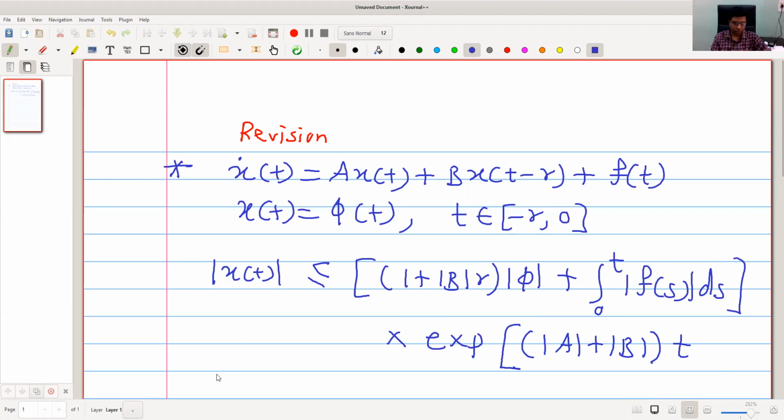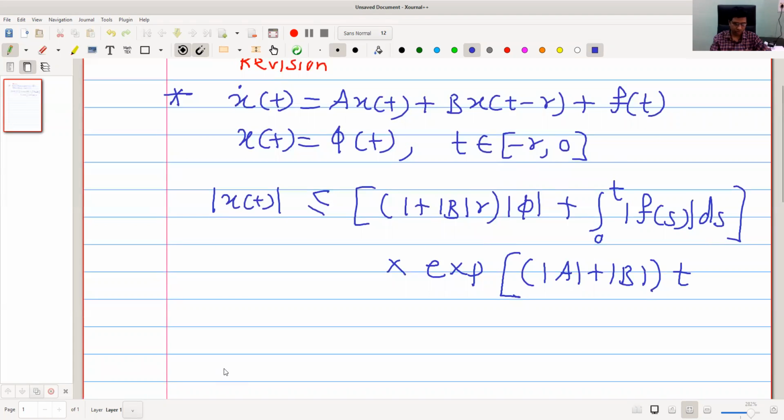And if we put a equal to 1 plus mod b into r, small b equal to mod a plus mod b, then we can easily show that